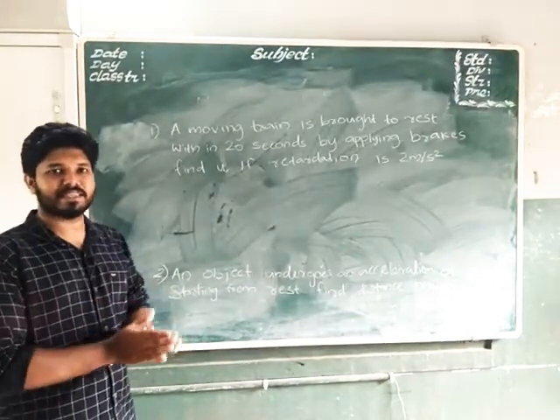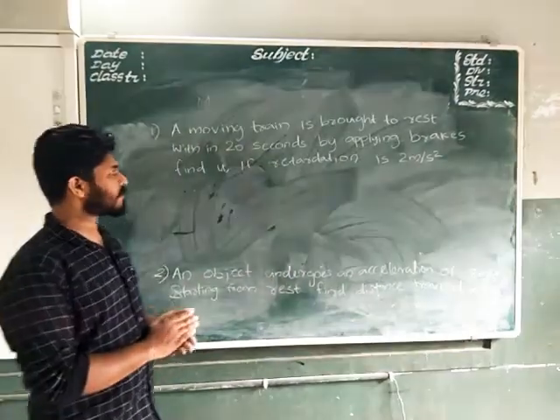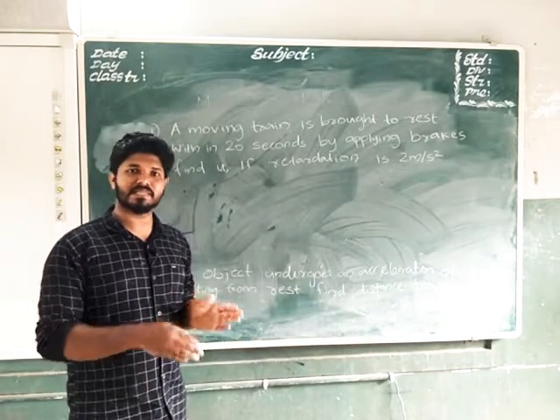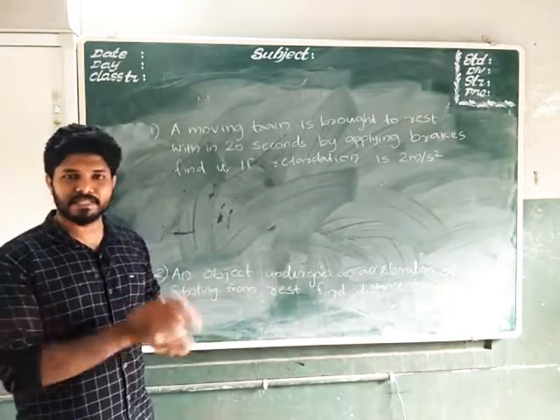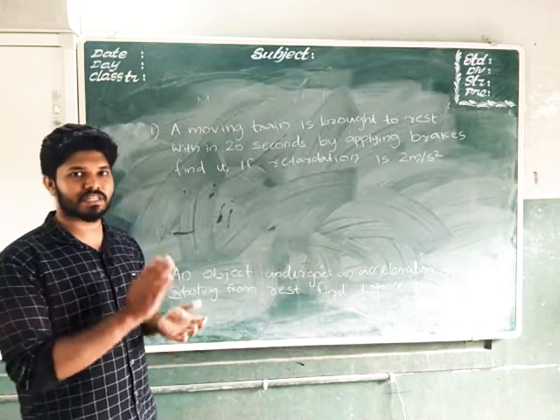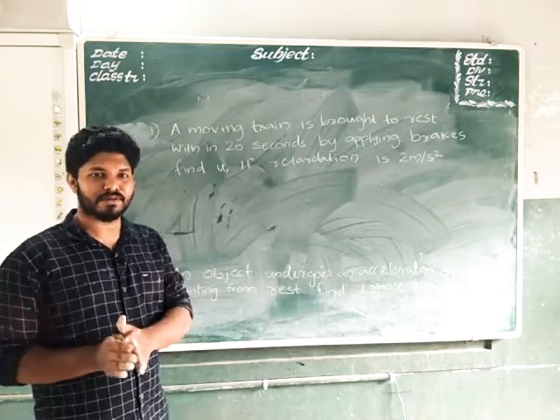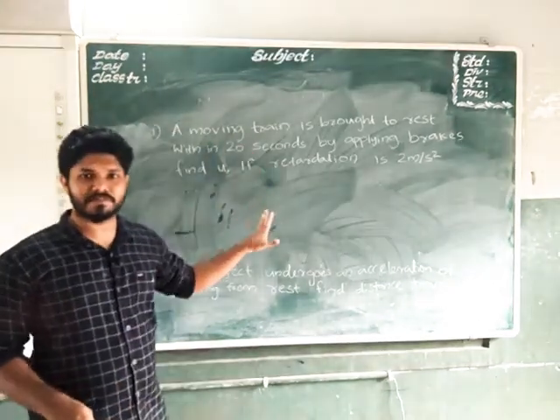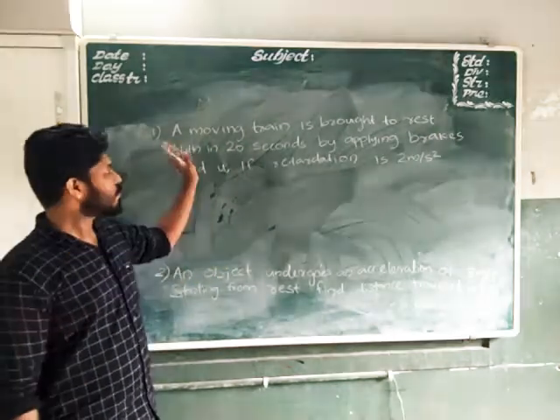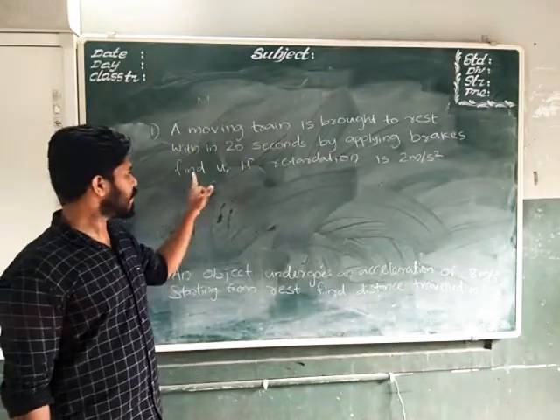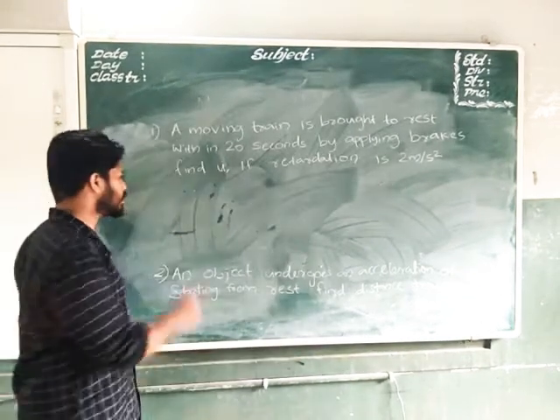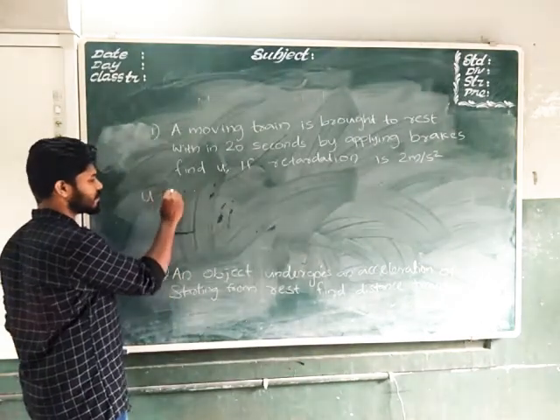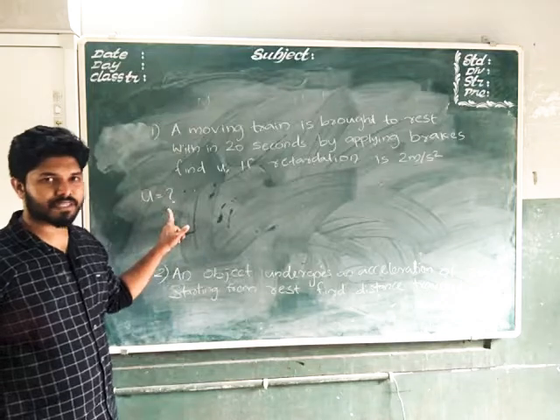See, while reading this type of question, you have to search for any point that says it is starting from rest. If it is starting from rest, you have to give initial velocity equal to 0. There is no point it is starting from rest. So we have to check what is the initial velocity. It is asked to find initial velocity, so mark down initial velocity as a question mark.